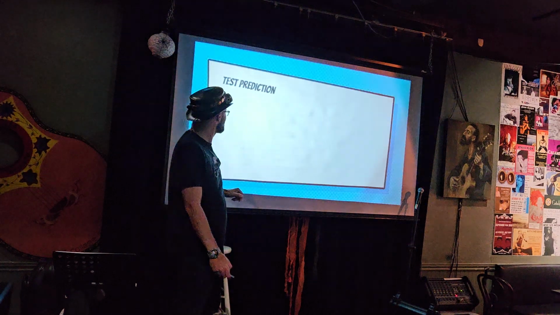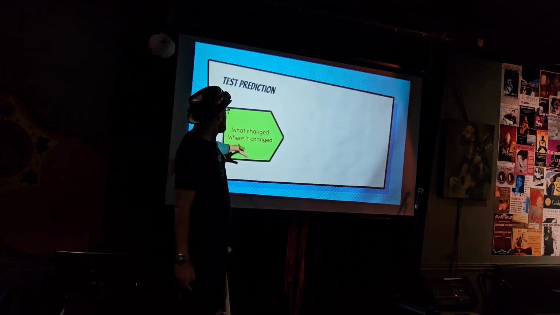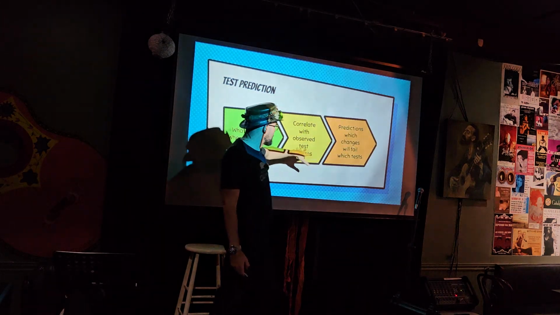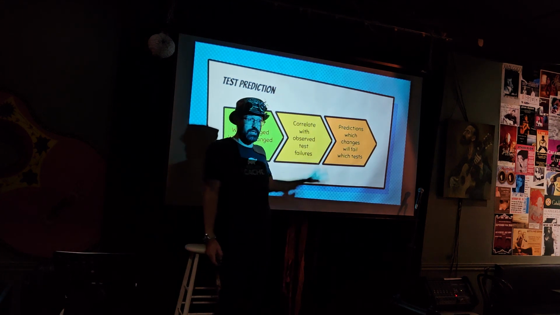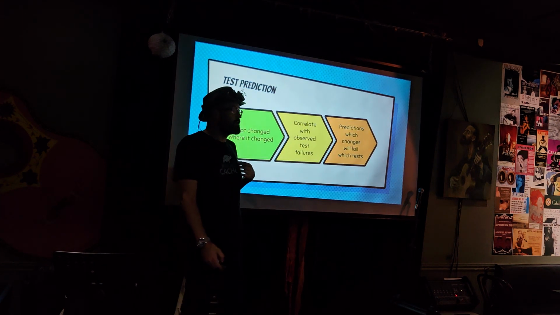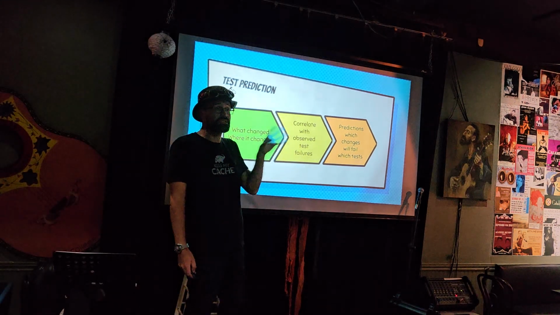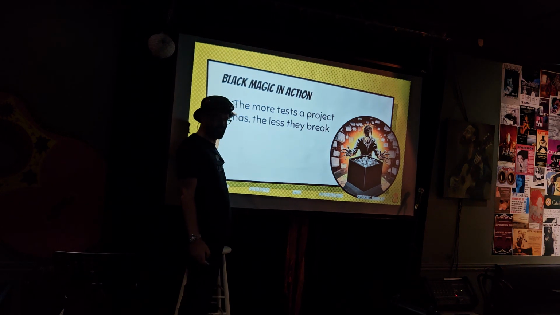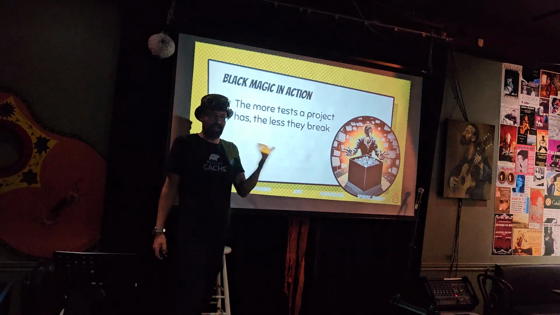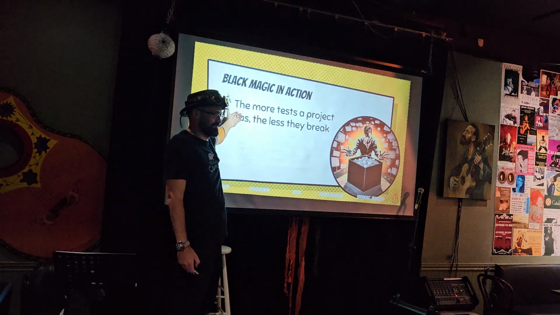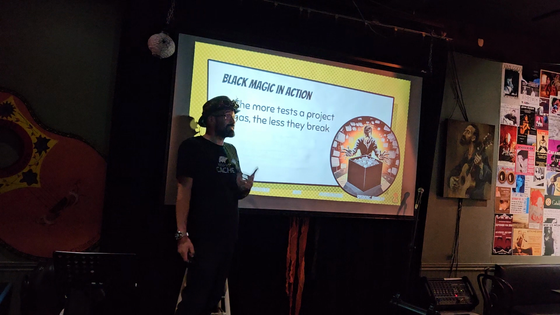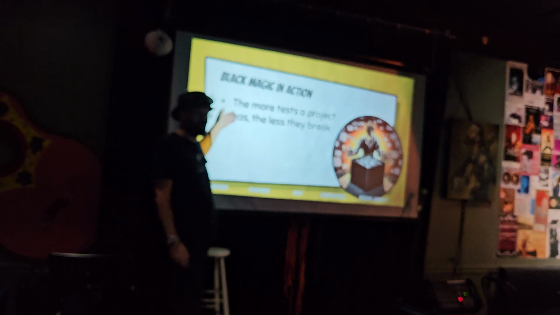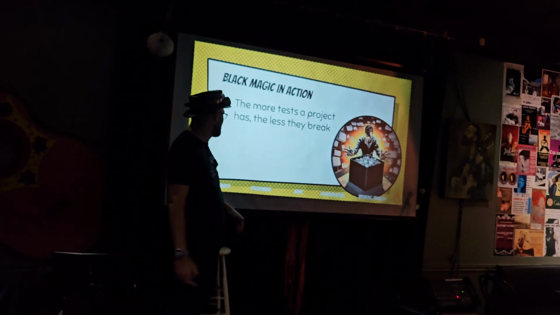I will give you 2 examples. First of all, what changed and where it changed, that's kind of the model. Correlate with observed test failures. Next thing we know, it predicts which changes will fail which tests. That's the idea. A couple of examples of how the machine predicts the results without understanding why. The more tests a project has, the less they break. For all of us, this is obvious. But it's actually proven by the clueless machine that just ran the observations and came to this conclusion. How about that? And the second, even funnier.